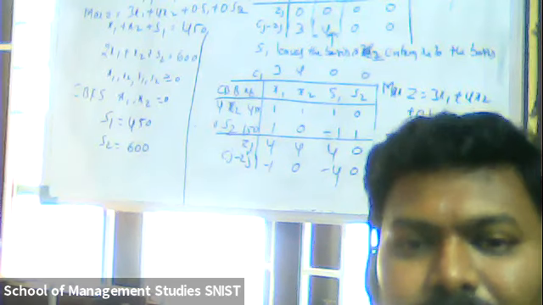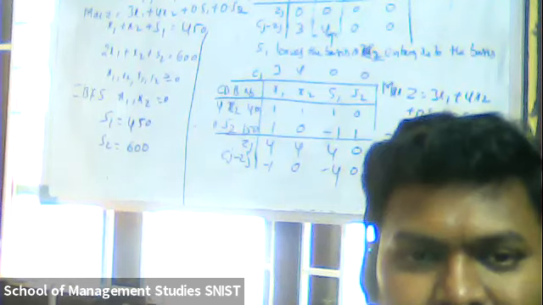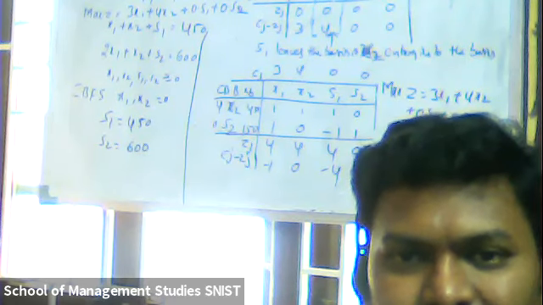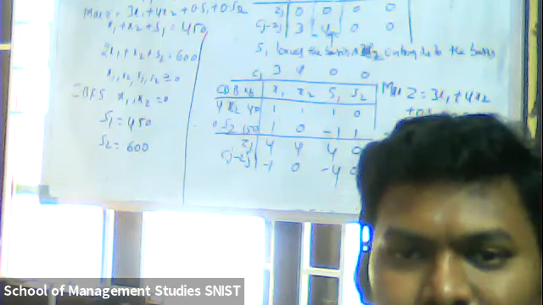Right? So if you have any questions, please ask me. So what is that first step in the simplex method? Express given LPP into standard form. If the given constraint is less than or equal to, to make inequality to equality, we are going to add